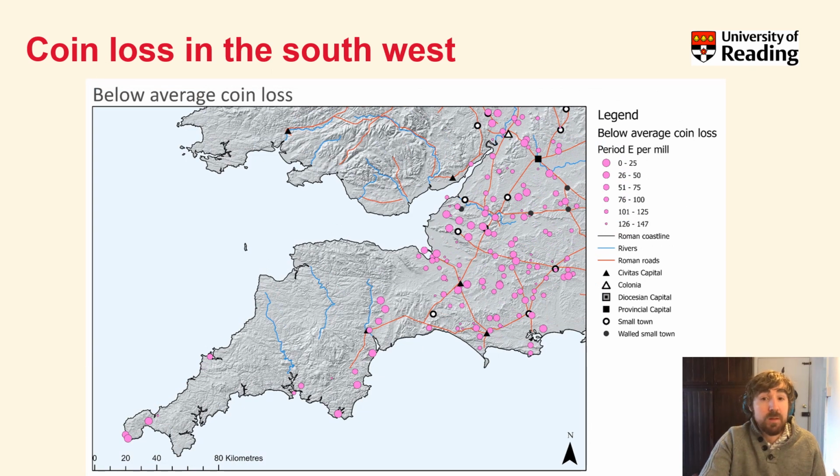It was noted by Sam Moorhead that between Salisbury and Purbeck there was a general trend for declining coin loss from 350, and this is also visible in other areas. For example, you can see a tight concentration in the area around the River Parrett over here, but also in Devon and Cornwall, and these declines or below average coin loss and also above average coin loss for different areas really does warrant further investigation.